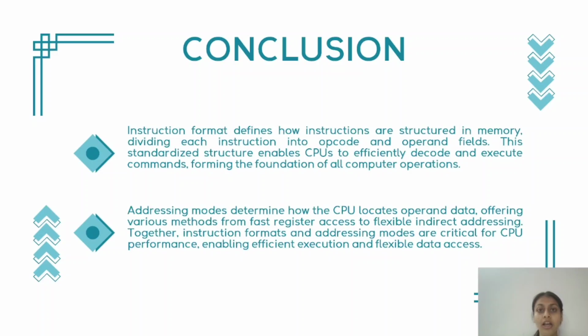complex data structures. Conclusion. Instruction format defines how instructions are structured in memory, dividing each instruction into opcode and operand fields. This standardized structure enables the CPU to efficiently decode and execute commands, forming the foundation of all computer operation. Addressing modes determine how the CPU locates operand data, offering various methods from fast register access to flexible indirect addressing. Together, instruction format and addressing modes are crucial for CPU performance, enabling efficient execution and flexible data